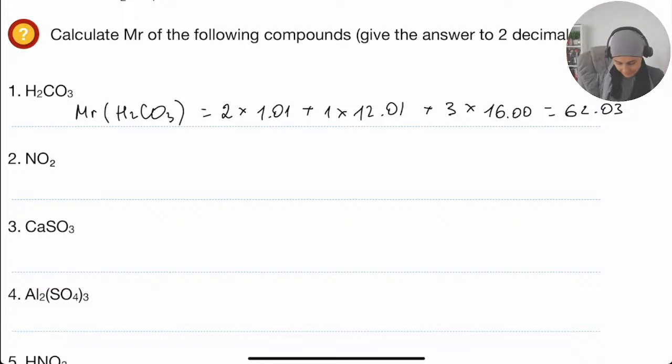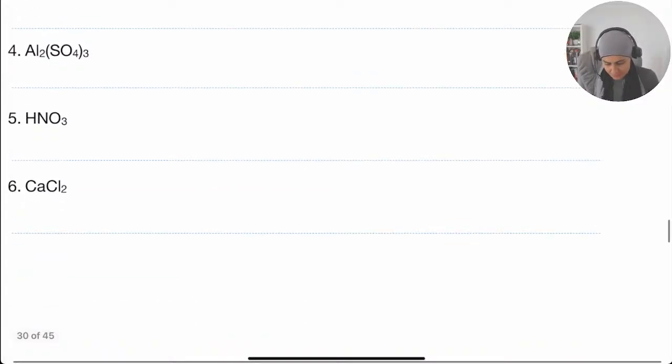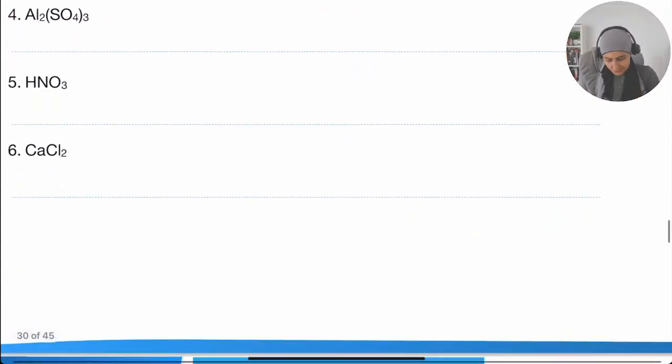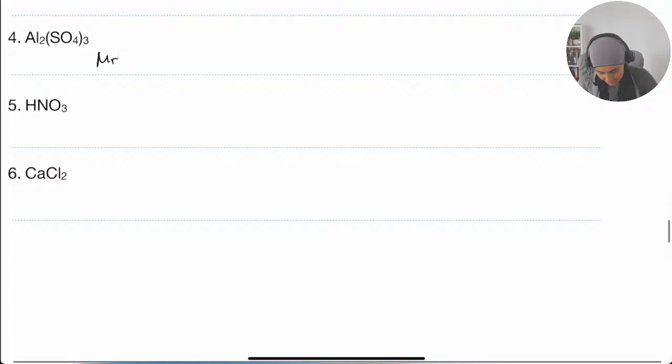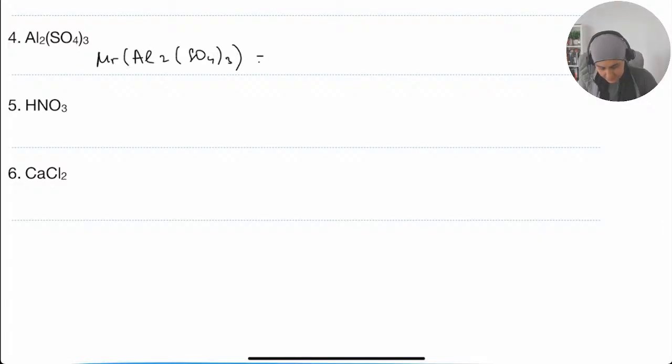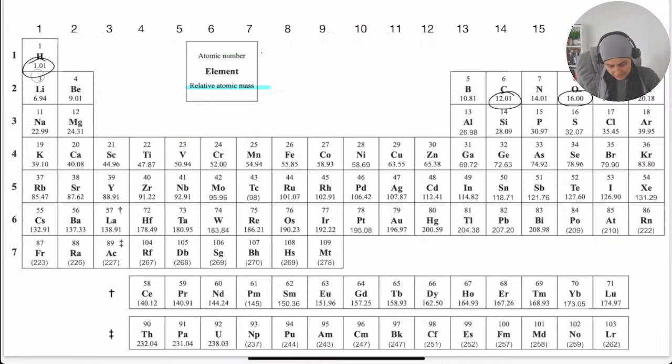Right. If you have brackets, let's do this one. So if you have brackets, what do we do? So Mr of Al2(SO4)3, nothing complicated. You just calculate the number of atoms of each element. So you have 2 aluminium, so 2 times aluminium is here, 26.98